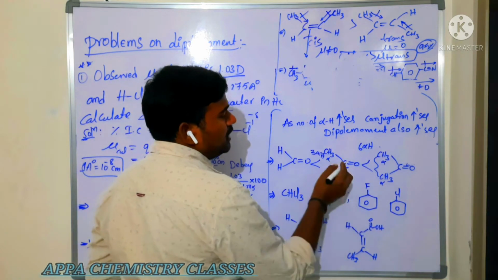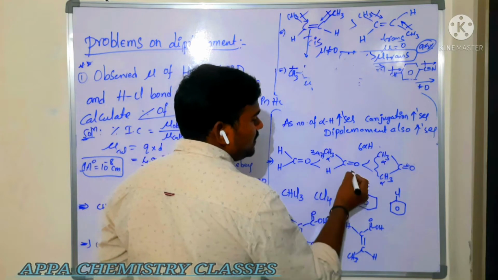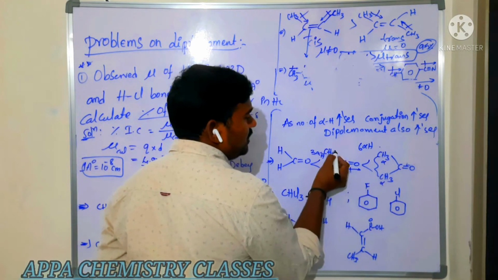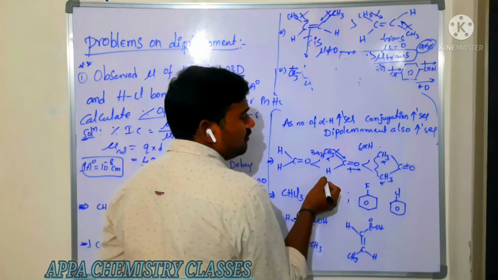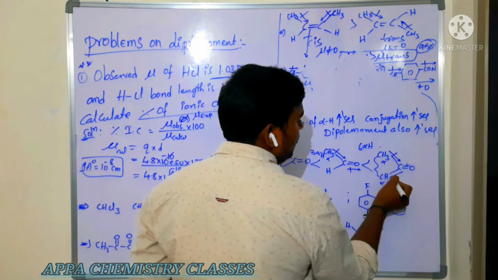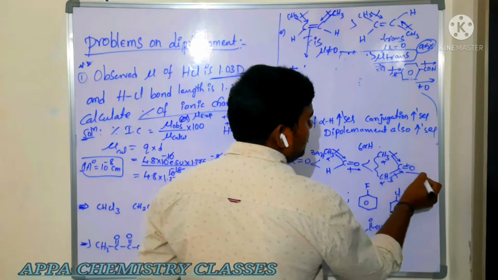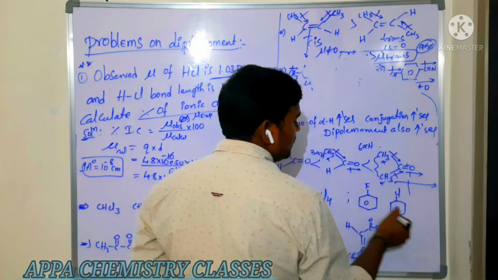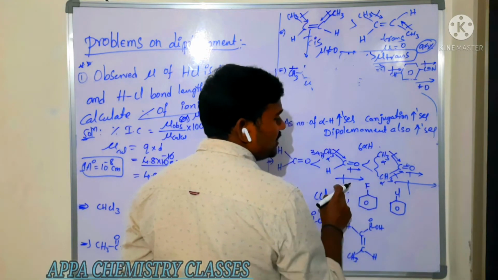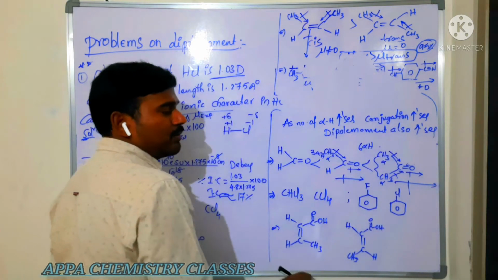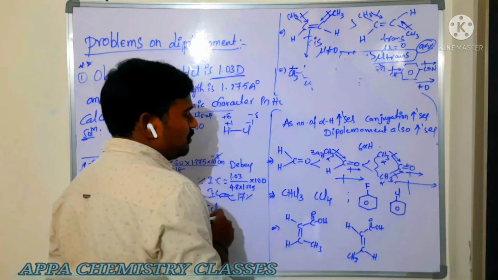Also you see in this case the bond moment: the more electronegative oxygen is moving in this direction. This methyl is also giving, because it is electron releasing, it is also giving the electron. So this oxygen is taking the electron. So the net dipole moment is in this direction. Here the net dipole moment is this much, but here it is very large. The net dipole moment is more. Is that clear? Most important.